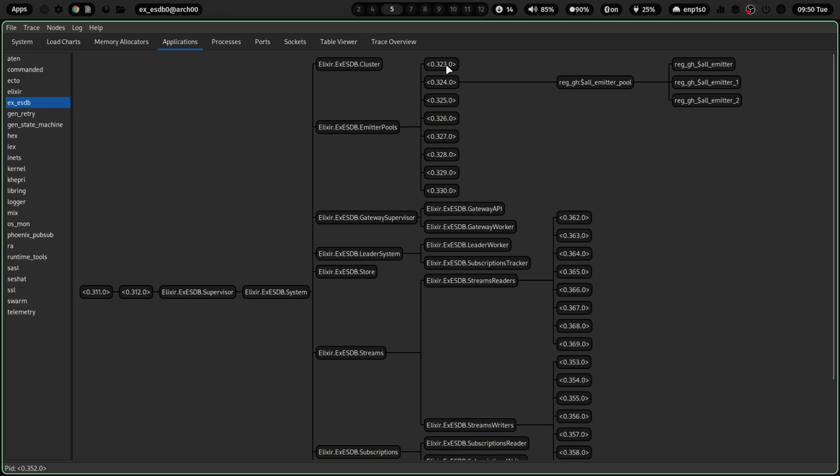And indeed, as you can see, we now have an emitter pool for reg_gh, which is an abbreviation for regular greenhouse, and it will emit events to the topic reg_gh $all. So that's where we will be able to get our events from. Okay,